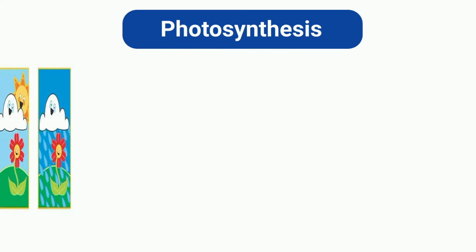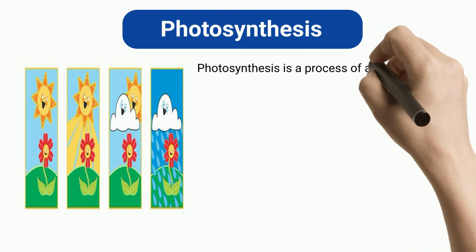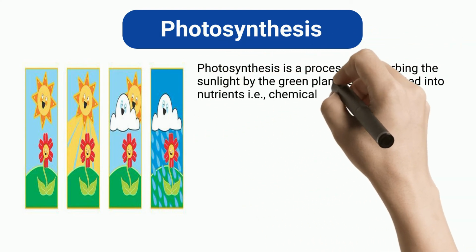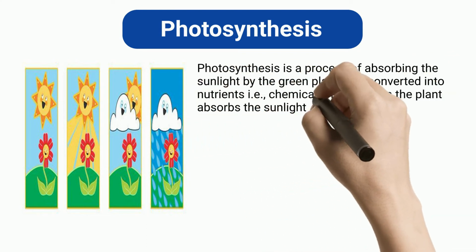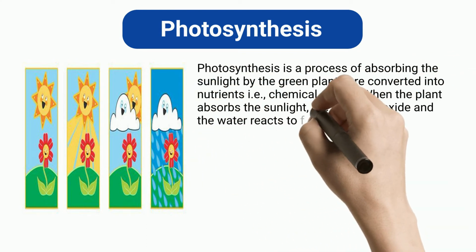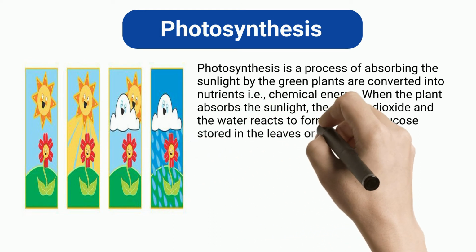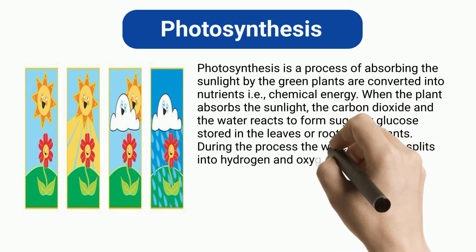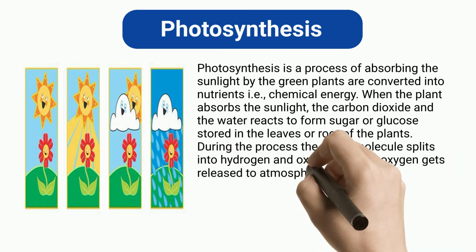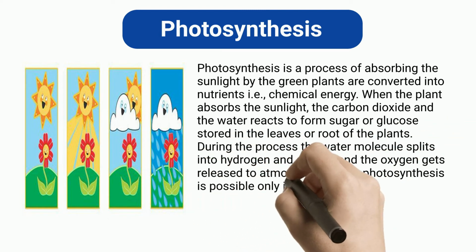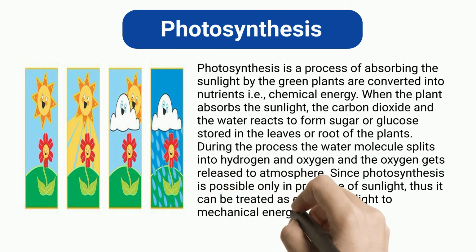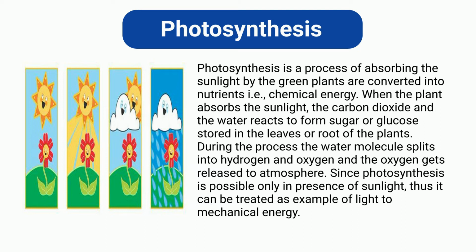Photosynthesis. Photosynthesis is a process in which sunlight absorbed by green plants is converted into nutrients, i.e., chemical energy. When the plant absorbs the sunlight, the carbon dioxide and the water react to form sugar or glucose stored in the leaves or roots of the plants. During the process the water molecule splits into hydrogen and oxygen, and the oxygen gets released to the atmosphere. Since photosynthesis is possible only in the presence of sunlight, it can be treated as an example of light to mechanical